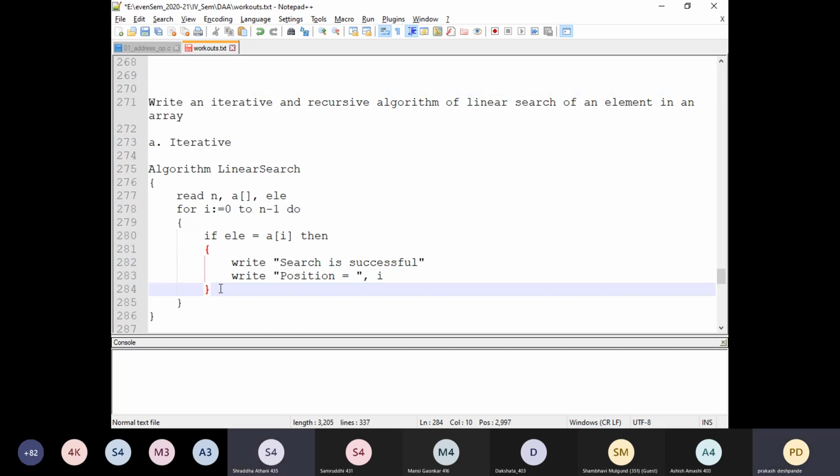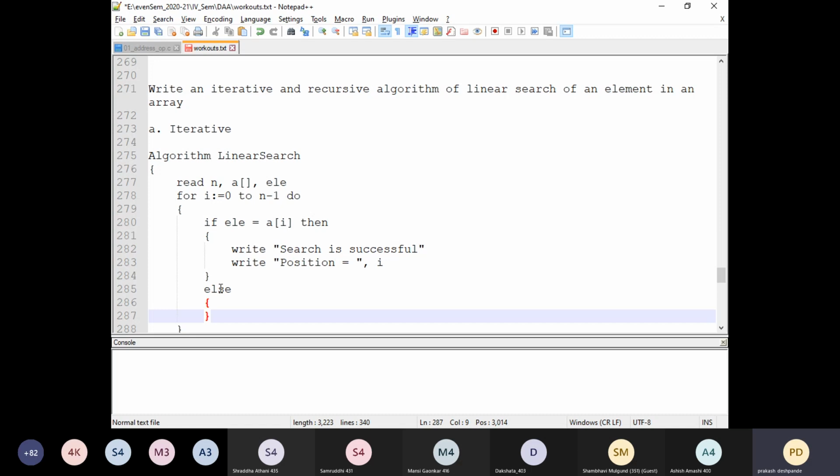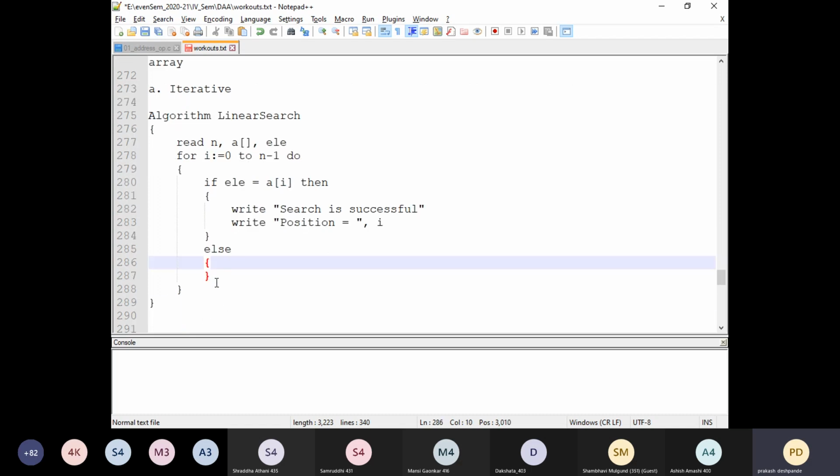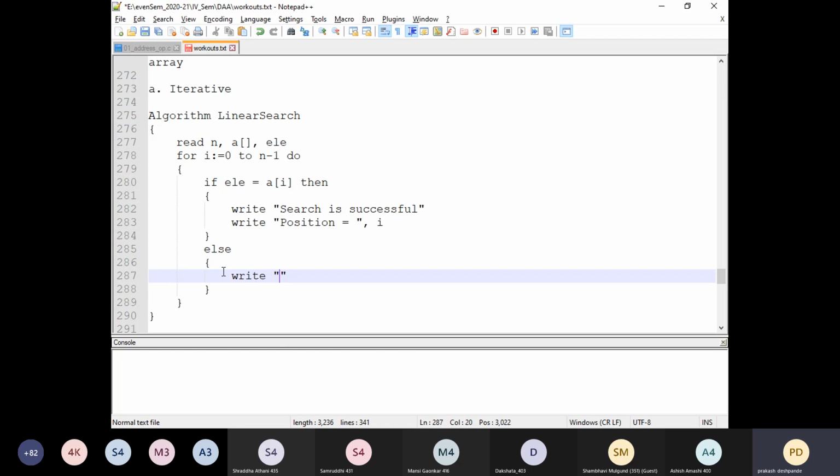So you mean to say after this I need to write else here? Yes. If I write else here, and put unsuccessful, then I will get an undesired result.